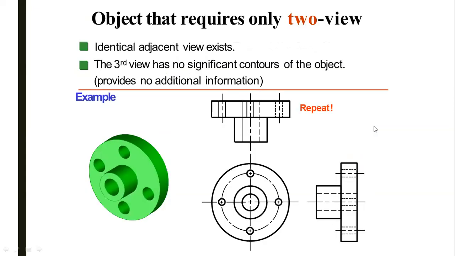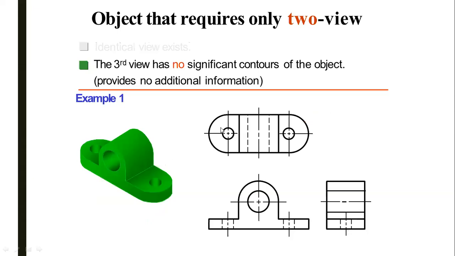Now this type of object requires two views. In this case, this is not the front view, this is the front view. Why? Because the side view is drawn over here and this is the top view. These are all circles. If you want to draw these two views, first we will draw this view because there are maximum circles, and after taking projection it is very easy to draw this because these are only rectangles. By understanding these two only, we can easily understand this object. So there is need of only two views.